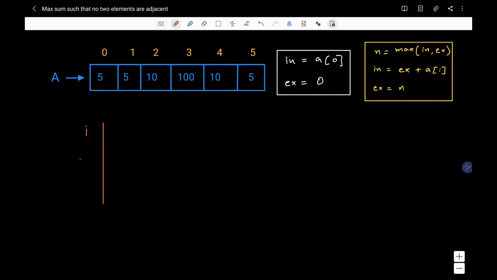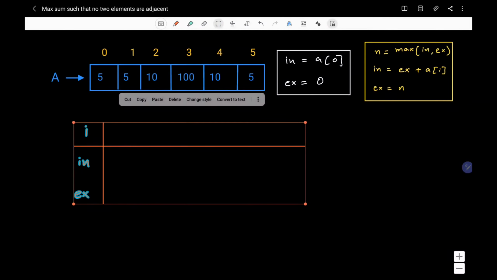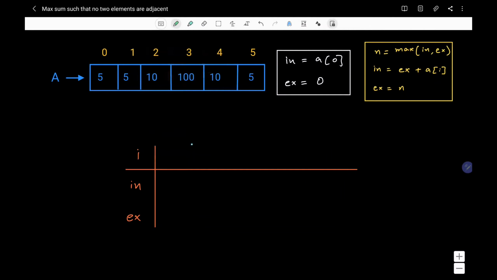So I'm using three variables, i for index, in and ex, to store the sum of the two sets. At index 0, the value of in is 5 and ex is 0. At index 1, we store the maximum value of in and ex in the ex variable, therefore the value of ex is 5.